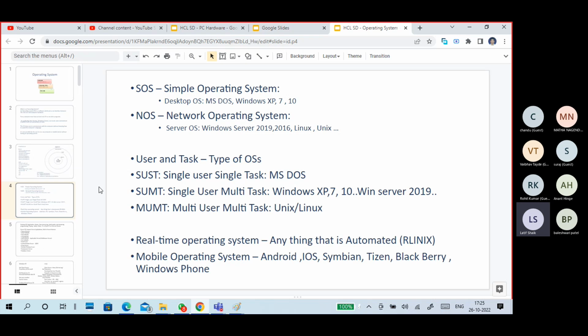Next one is the distributed operating system. I have not written it here, but the distributed operating system is also used in distributed systems and distributed applications. Real-time operating systems, guys, are useful here. Usually, I will share a YouTube video so you can understand what a real-time operating system means. In some places, we don't use traditional operating systems like Linux, Unix, and Windows.